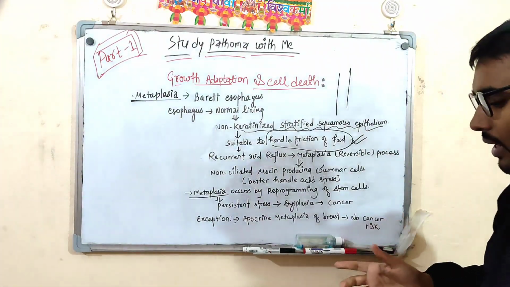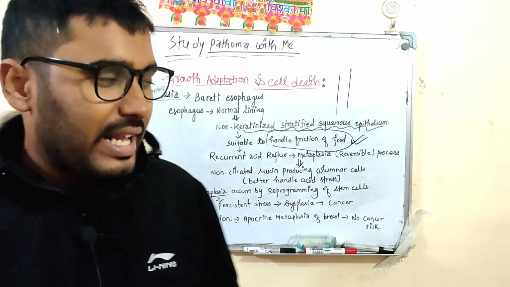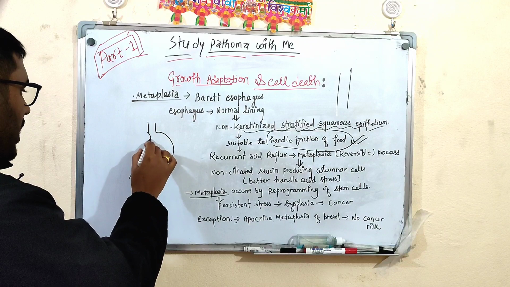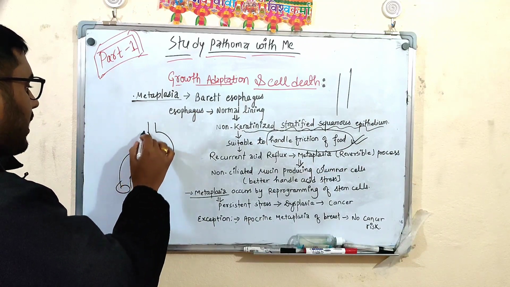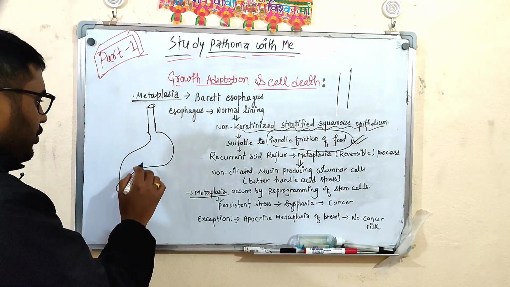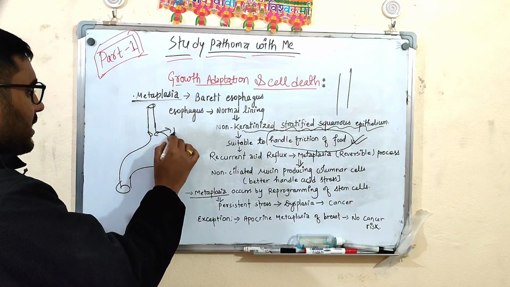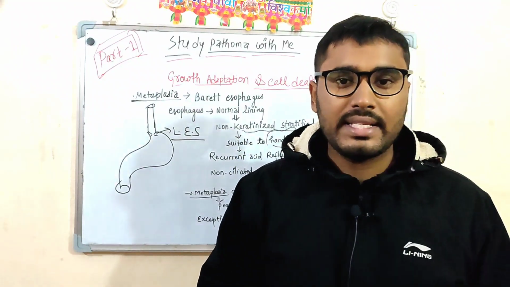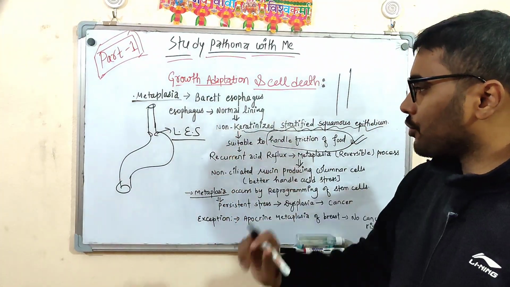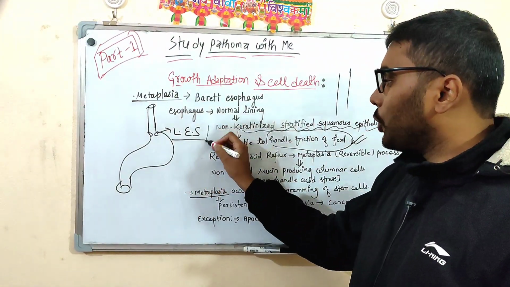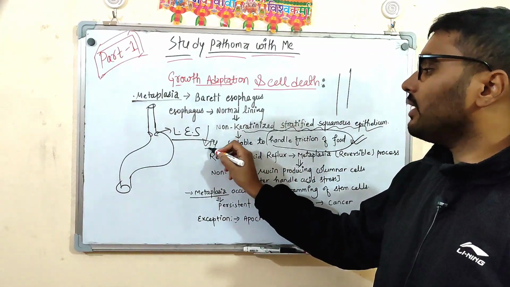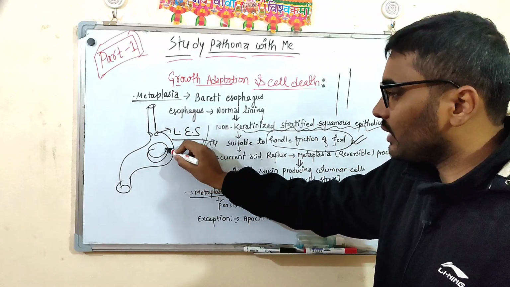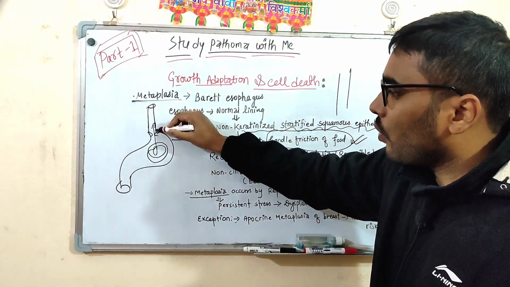But whenever there is a condition known as GERD, what happens in GERD, friends? GERD means gastroesophageal reflux disease. In GERD, the lower esophageal sphincter, LES, tone decreases. Whenever the tone of this sphincter decreases, the acid products produced in the stomach get regurgitated or refluxed